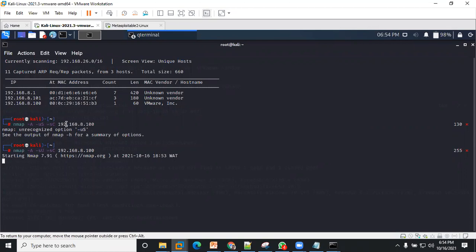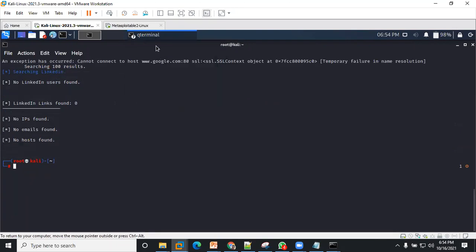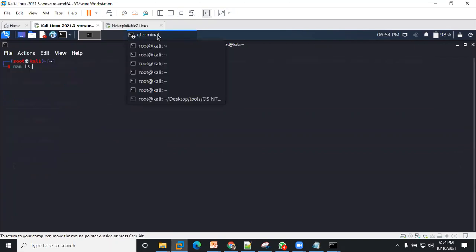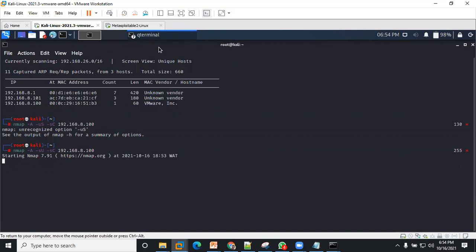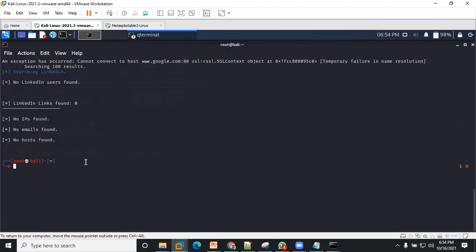So if you have any exploits now that you've discovered, all you need to do is open up a new terminal and spin up your Metasploit. I think I've done that already. My Metasploit is open. Let me see. Sometimes it normally takes time to open Metasploit. So I don't think I still have it. All right, so I'm just going to open it again. I'll clear the logs.